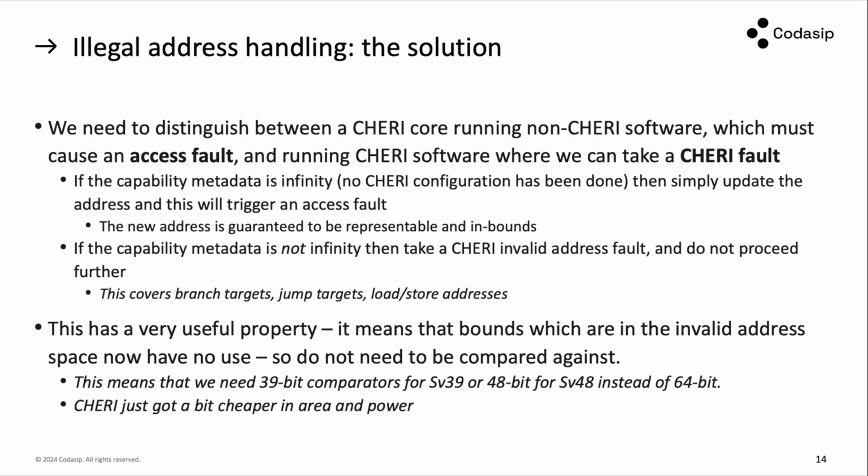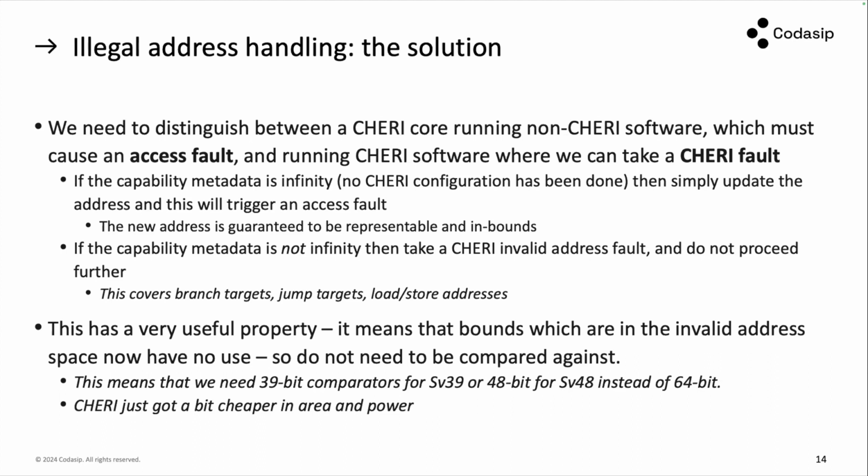So what we ended up doing was saying, well, if it's a legacy core, then it must take an instruction access fault or load store access fault, depending. So if the capability bounds are infinite, then we know that whatever happens to the address, we're not going to have a problem. So if the bounds are infinite, we just leave it as it is, and it's fine. If the bounds aren't infinite, we know we're running Cherry software, and then we just say, I've got an invalid address, and just take a Cherry exception at that point,